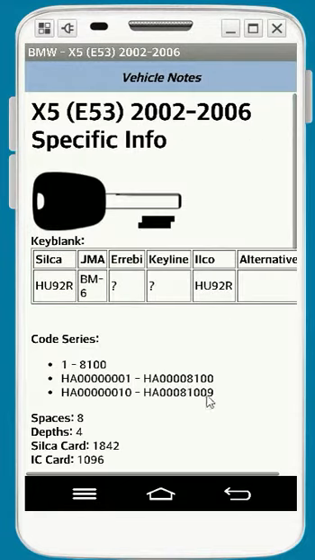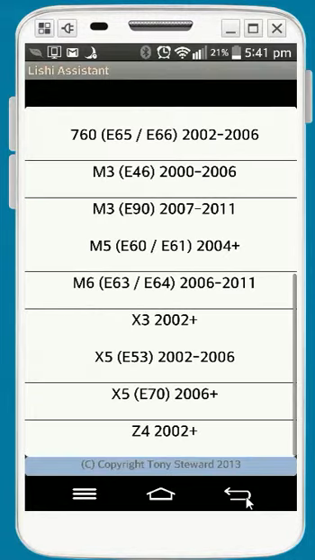Finish with the tool, will take me back to the vehicle, and that's the vehicles